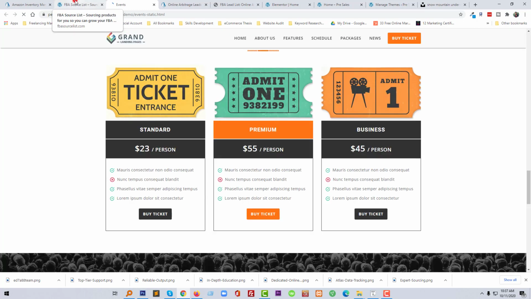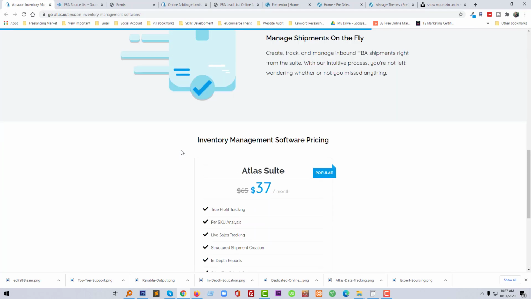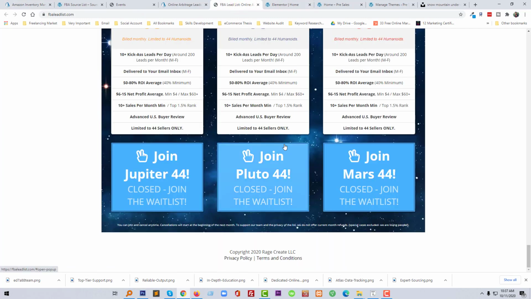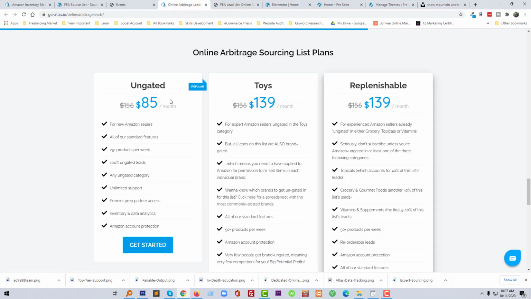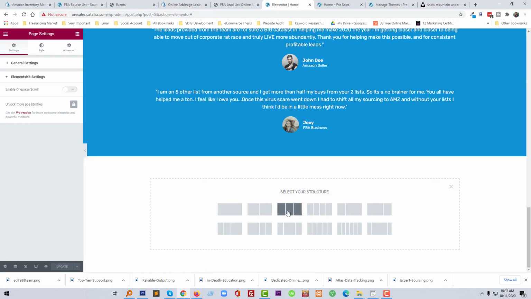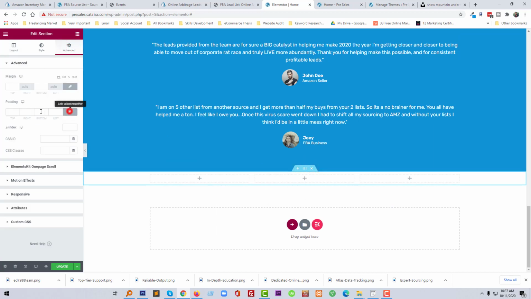Most of them are using 3 pricing. Okay, so I'm going to add 3 pricing. So select 3 column and add padding as usual I do,